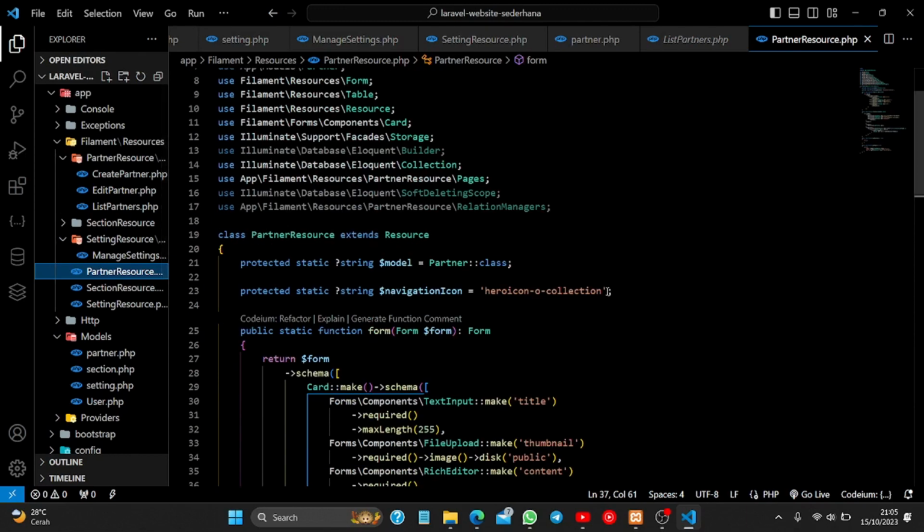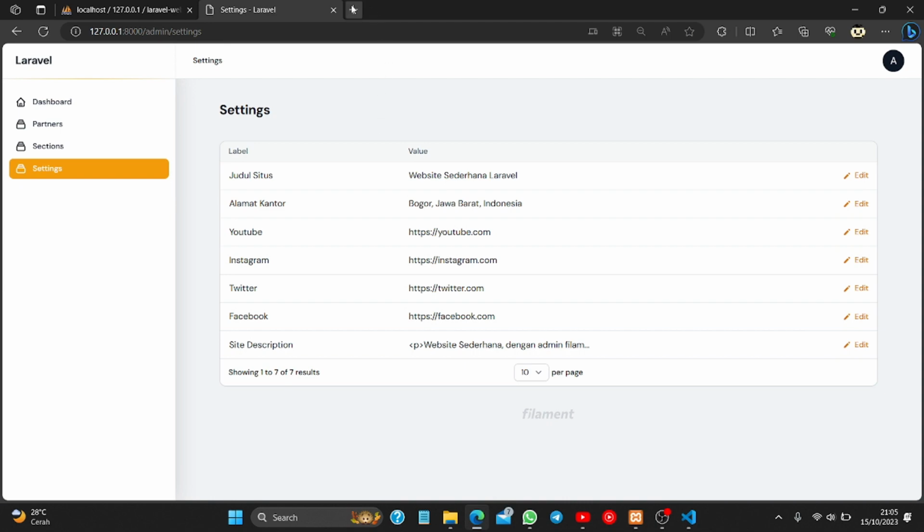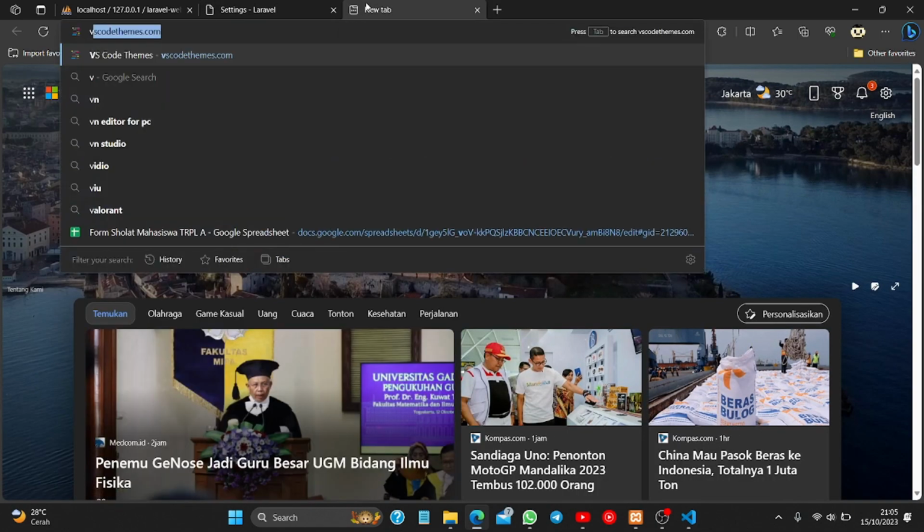Okay, partner research, and this we will change with a new one. So you can go to your browser and new tab, and you can type v1